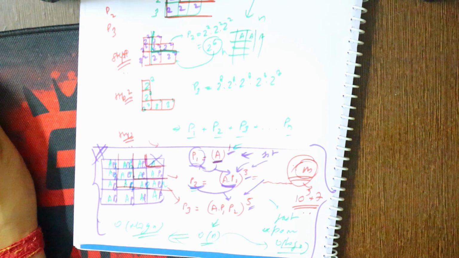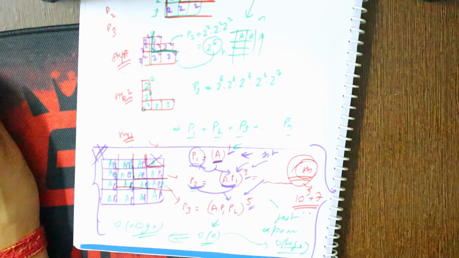So actually I have to multiply this P1 to every other thing. So now it will be removed and every other element will become A into P1, A into P1, and so on for all the remaining elements. Okay. So now for the second step, we will remove this.